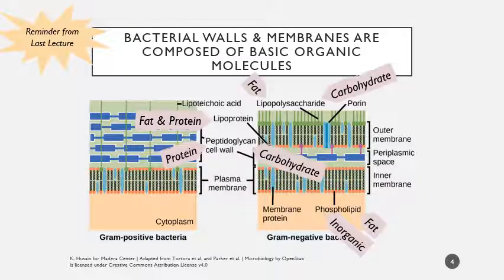In that lecture, we also talked about how the cell walls and membranes of many different categories of bacteria consist really of basic chemical groups. So things like fats, proteins, carbohydrates, and then also deeper down into the cell, nucleic acids. Even though they all have these fancy names, if you really just approach the words by breaking them up, for example, up here,